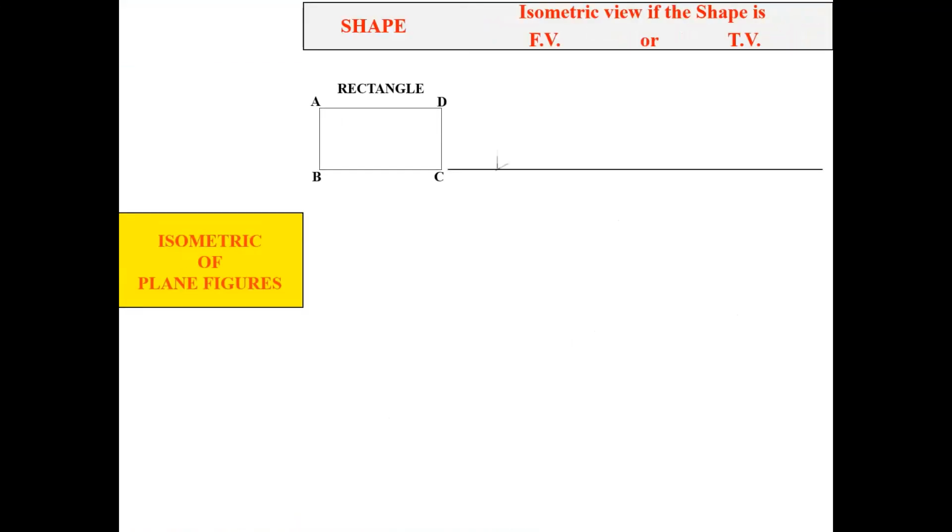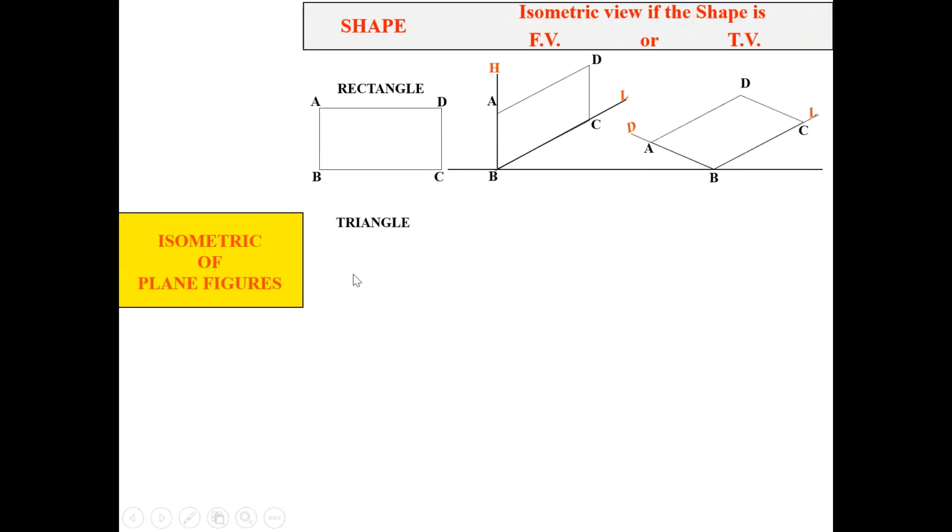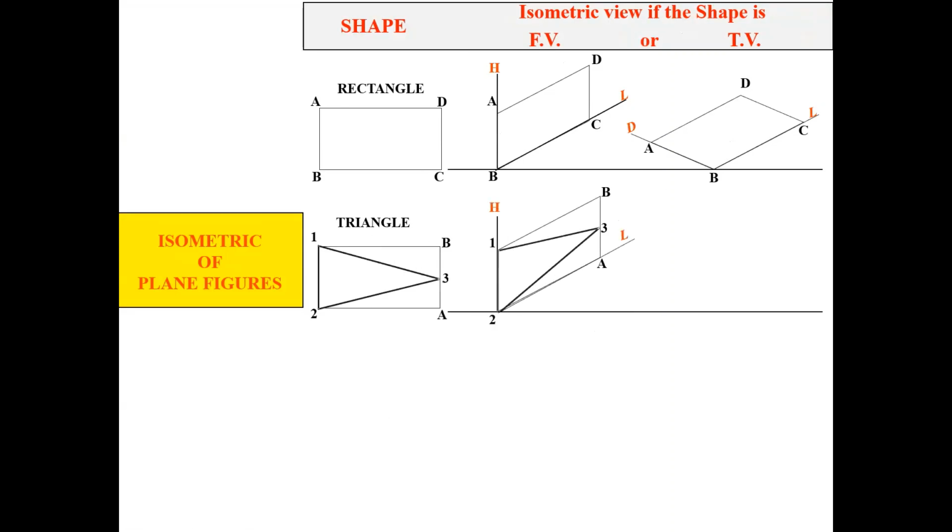Now there are different shapes, how they look in the isometric projection, that we are going to learn here. So this is a rectangle, how it is looking in the isometric front view. It looks like this, front view and side view both are similar here. And how it looks in the top view, you can get it here. Then triangle, if you consider the triangle, then it looks like this. Then if you consider the top view of that particular isometric view, it would look like this. So whatever the surface, top view surface, front view surface, side view surface, within that surface you have to prepare the shape.